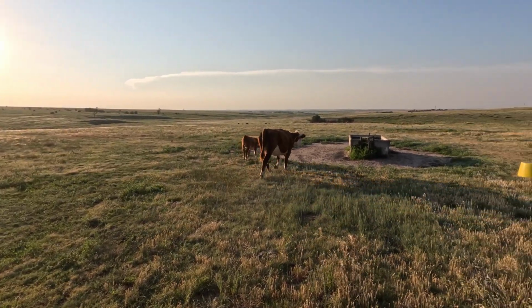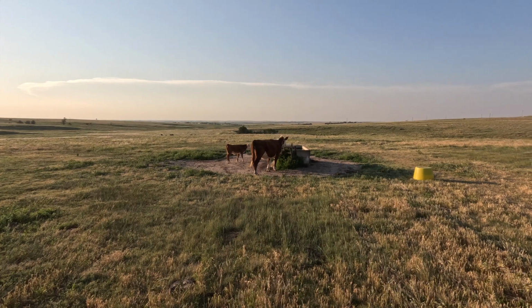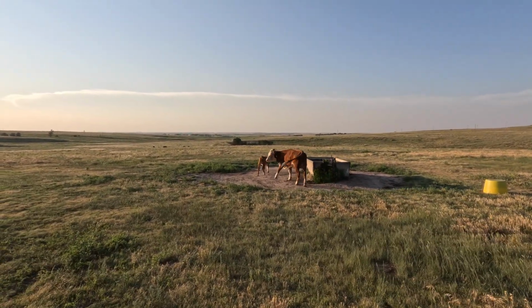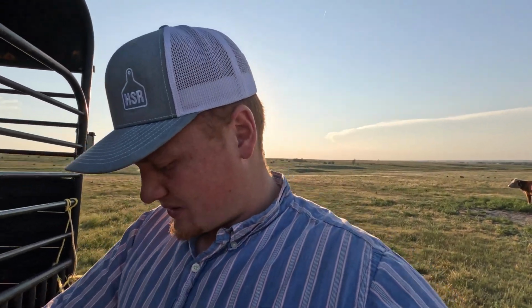Just what I wanted. Maybe she'll stop for a drink. Perfect. Now they both know where the water's at. They're probably gonna go and walk around a little bit, try to get their bearings around, and know where they're at. And once they meet up with those other cows, they were actually in the pasture with them,